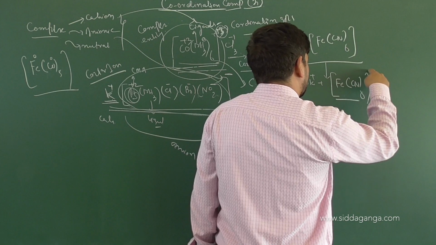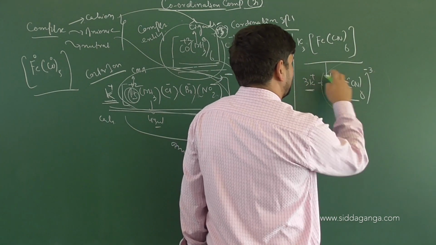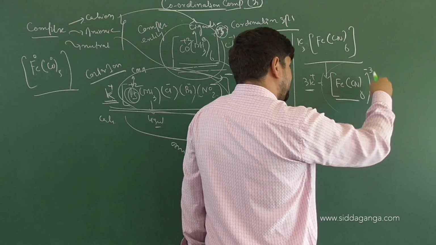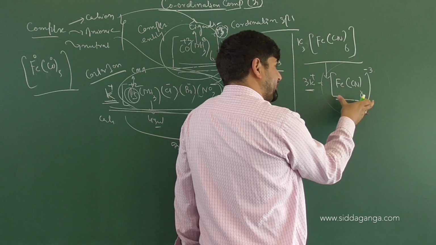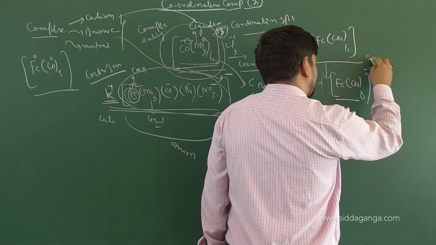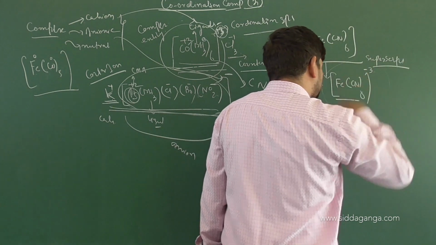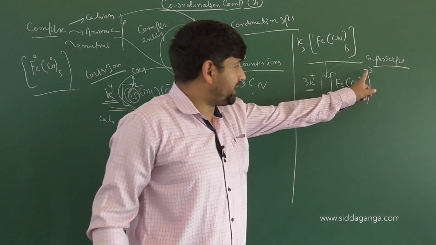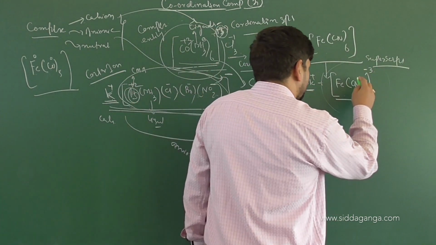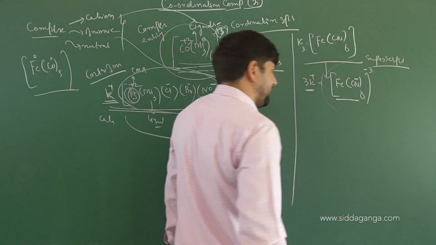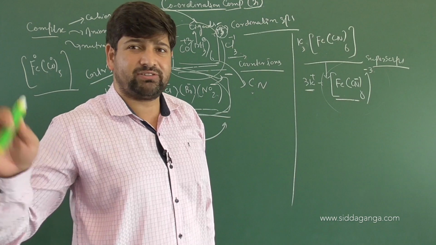Now tell me what will be the charge on this? It will be -3 because the electrons lost by potassium will go on this complex. So in IUPAC nomenclature, the total charge which is present on the coordination complex is shown as a superscript on the coordination entity. So that's a superscript I have mentioned, -3 here, right? Now CN, what is the oxidation state of CN? Minus. CN is -1, right? So HCN, when it breaks, it gives you CN minus.